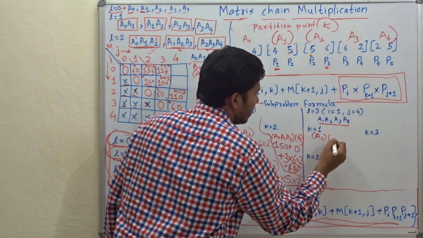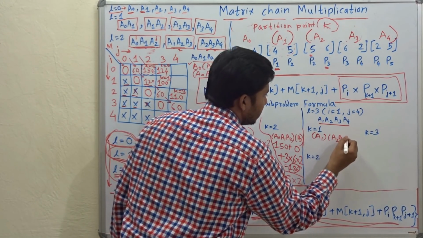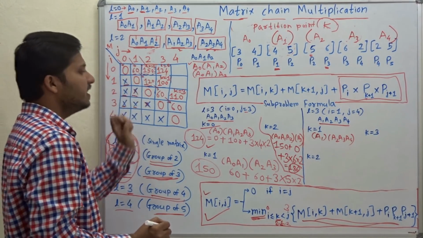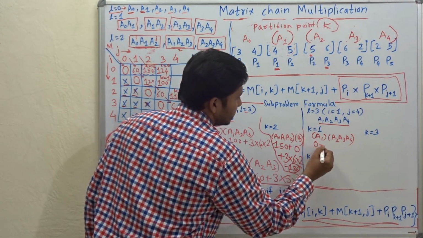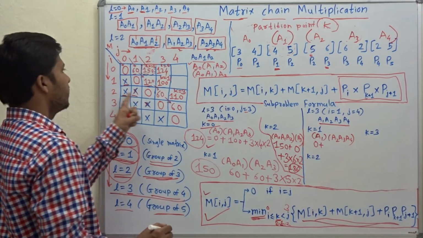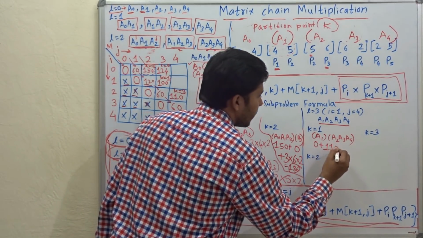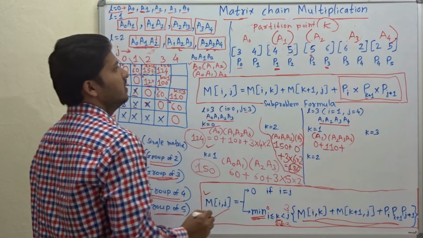So what is the cost for A1? That is an individual matrix. So 0 plus 2 to 4, that is 110 plus